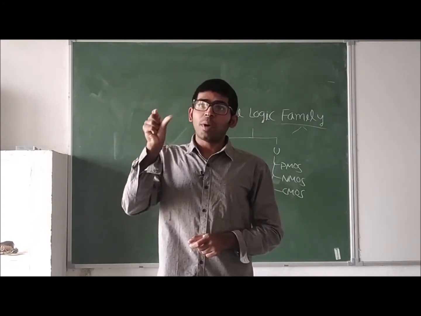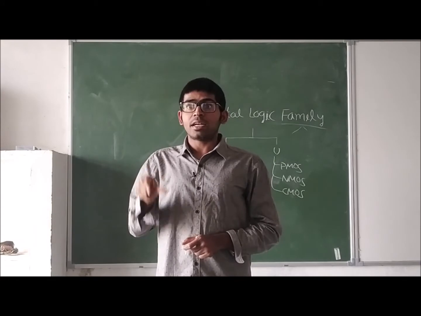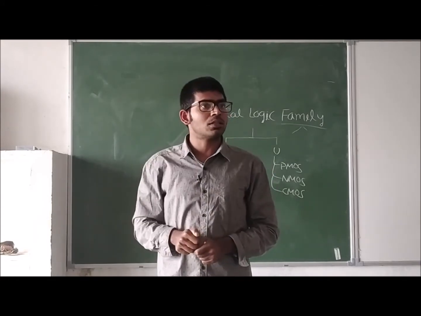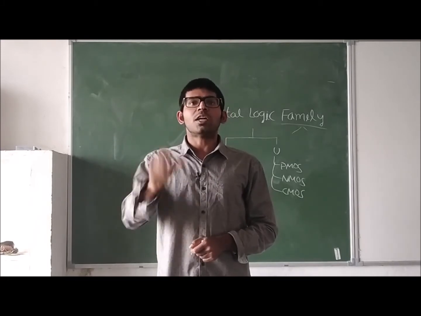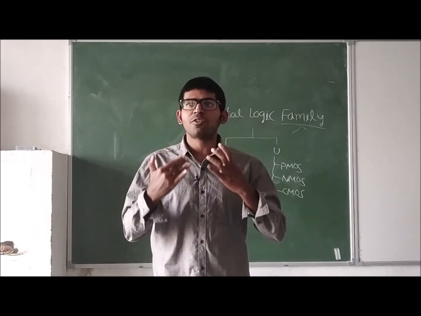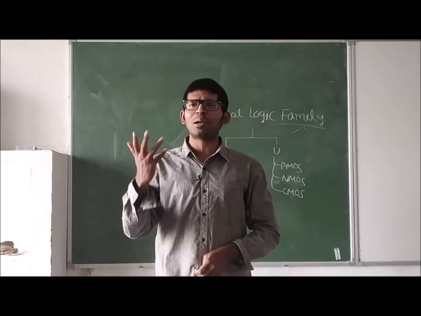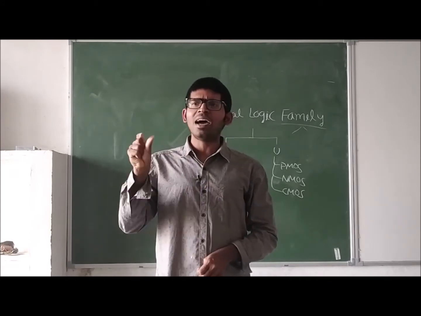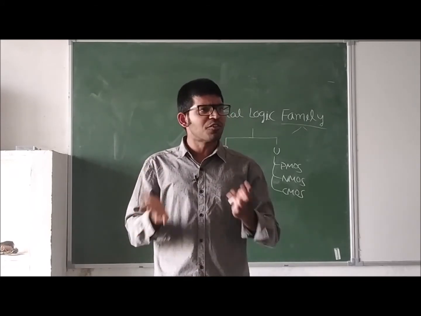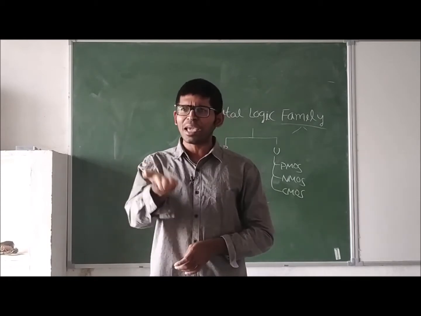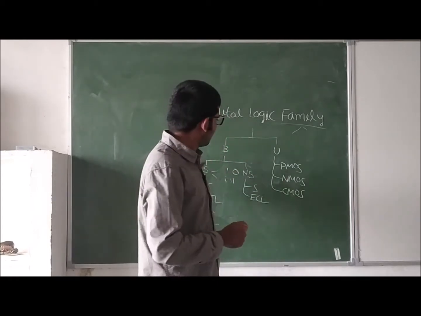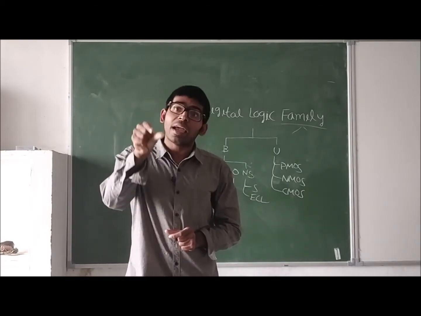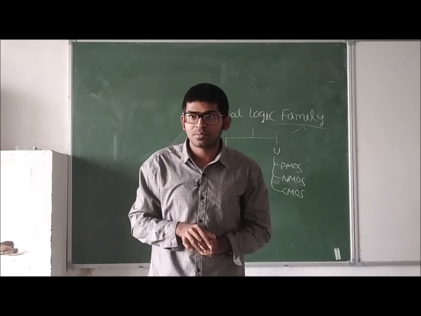Now I am clear, I want to manufacture a gate, and that gate is available in the form of the IC. Now I am saying you utilize the bipolar technology. And then the next question is, in that bipolar technology, what are the different options to manufacture that IC? Then I am saying there are two options. What are those two options? You can use either saturated or non-saturated. What is the difference between saturated and non-saturated? The name is suggesting. If I am saying saturated, that device at one point of time can go to the saturation.